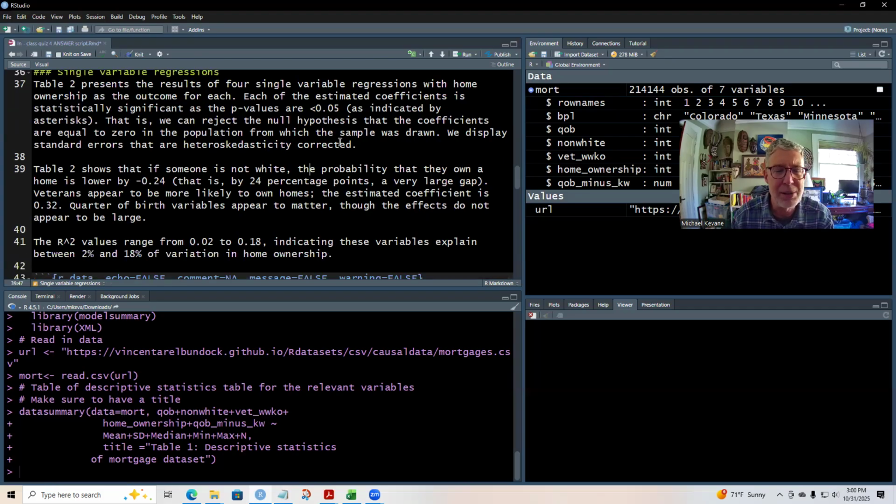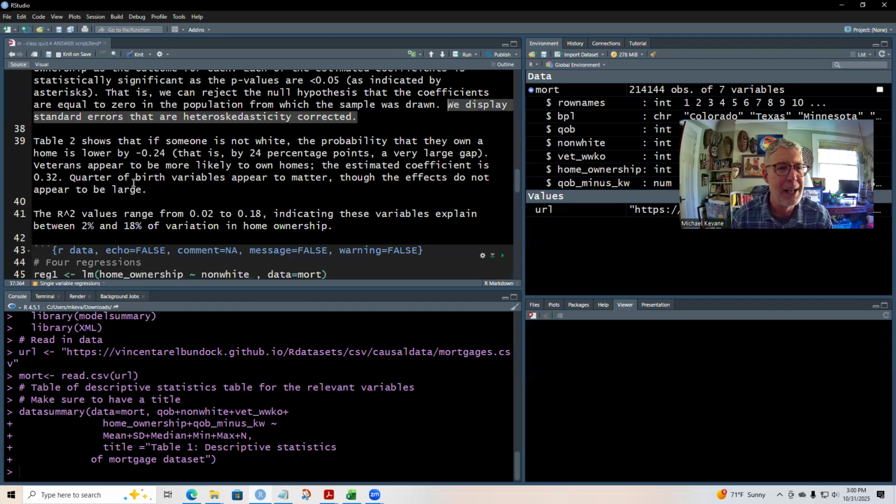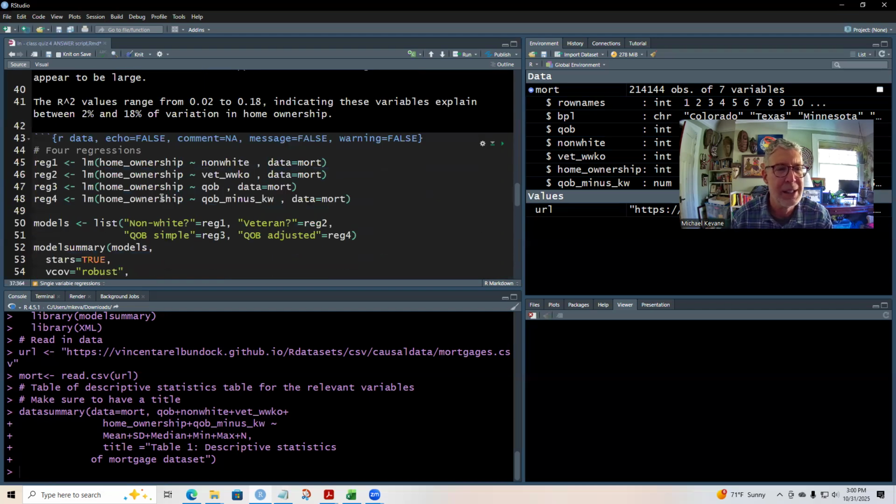Notice I talk about the standard errors being heteroscedasticity-corrected standard errors. So going back to chapter 4, you should remember that discussion about heteroscedasticity there in chapter 4. Some more discussion of some of the coefficients and the R square. And then here's